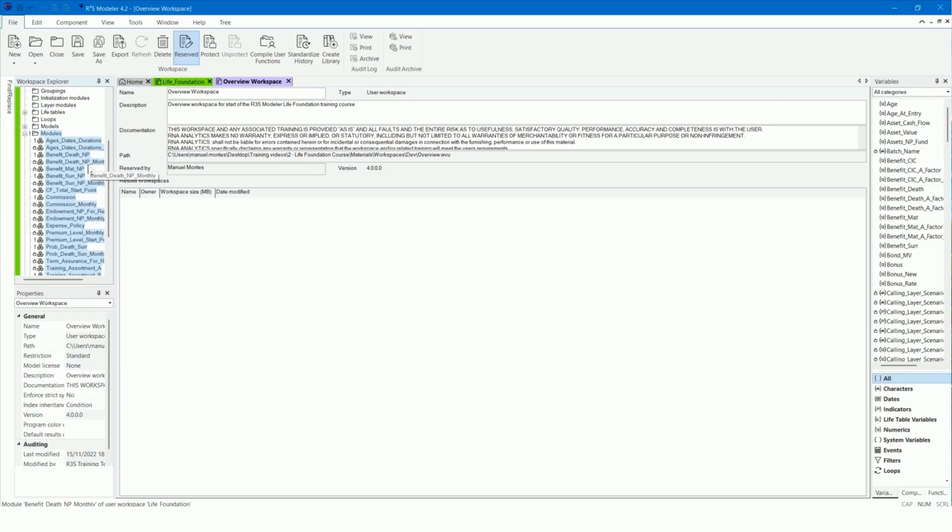This module contains key event formulae and modules which will be used later. Click Yes if asked if you want to override existing variable global properties. Once this is done, close the Overview workspace.